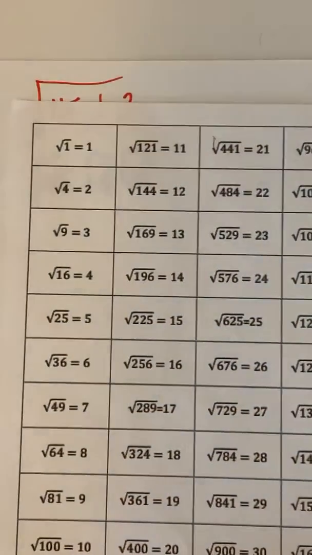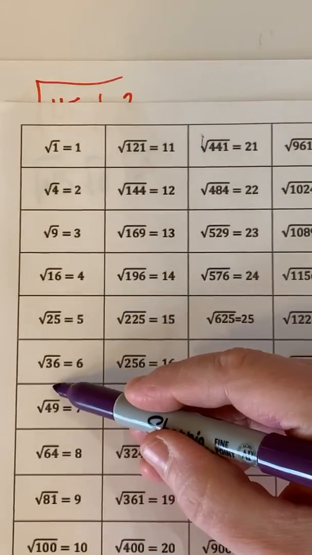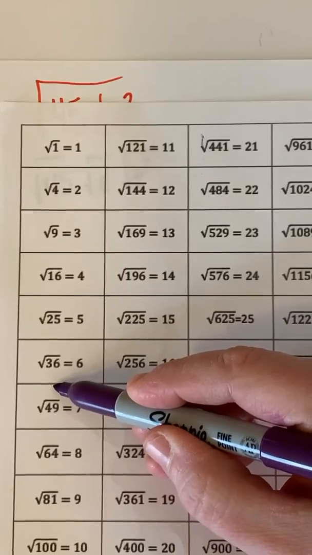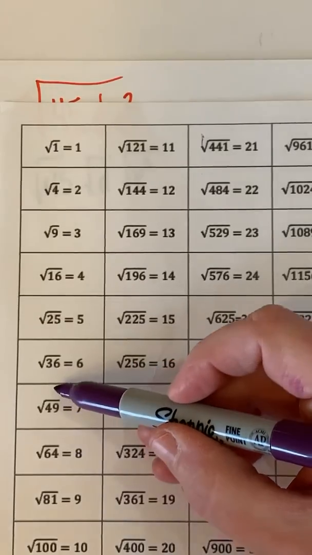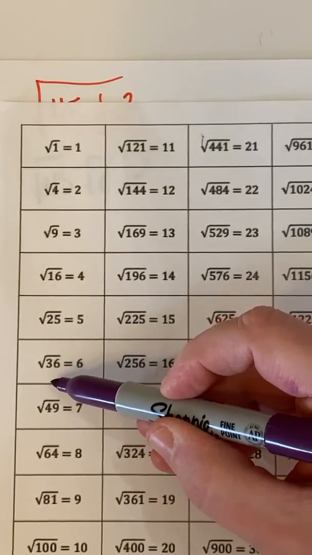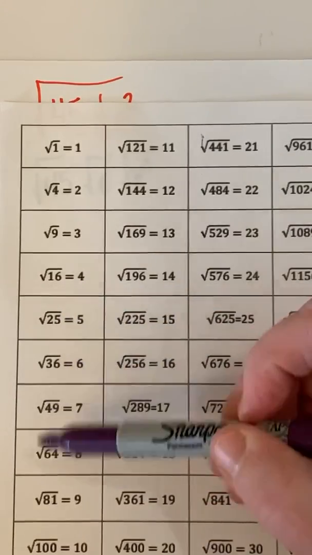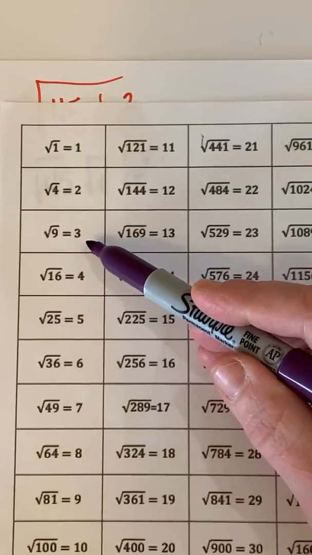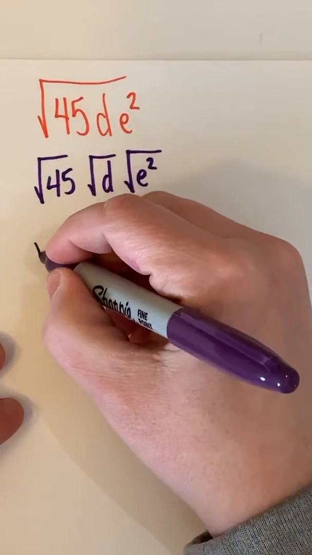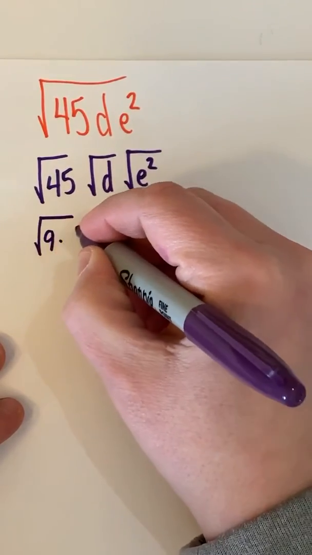So let's look and see. 45 would fall right here between 36 and 49, but it's not a perfect square. So as I meander up the list, that's a fun word, isn't it, meander? What could I divide into 45? Hopefully you stopped at 9, because 9 times 5 is 45. So I can break this into